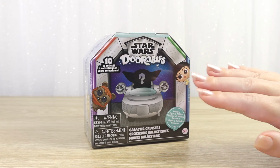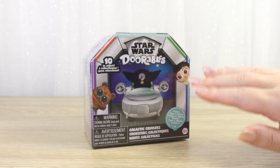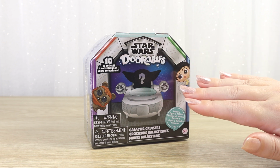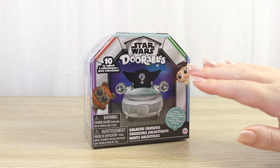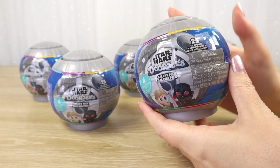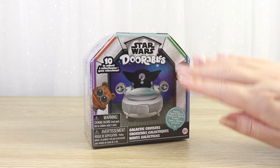I like collecting the cute side of Star Wars, so when the really popular Disney Doorables line expanded to include a Star Wars line, I was immediately hooked. So I raced out and grabbed several of the Death Star capsules containing mystery characters, and I thought those were so fun. And I really wanted to get my hands on the Galactic Cruisers, but they are a bit more